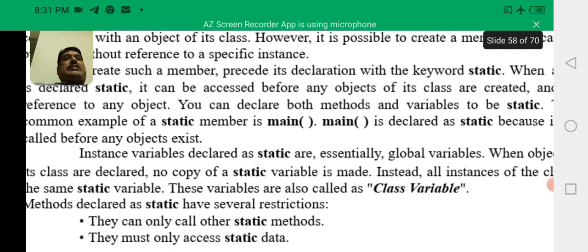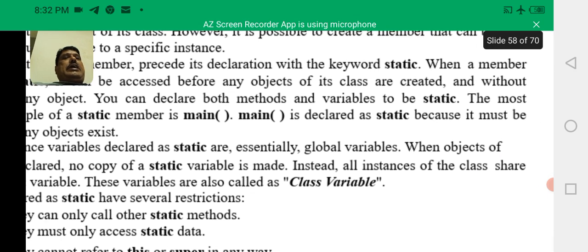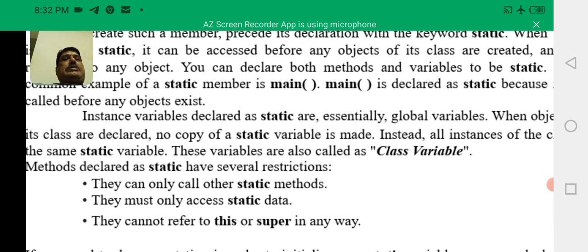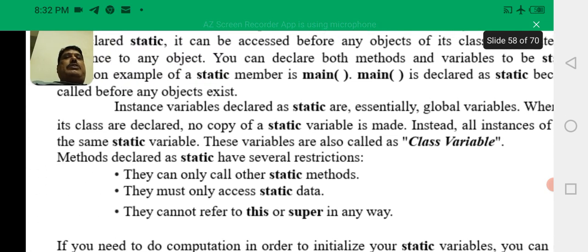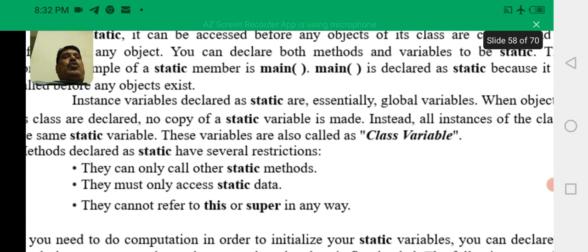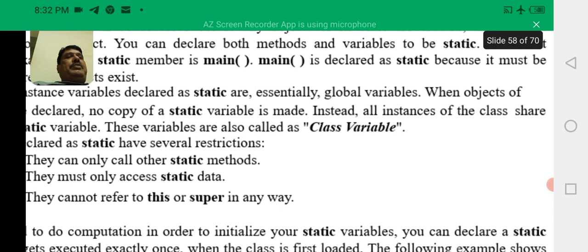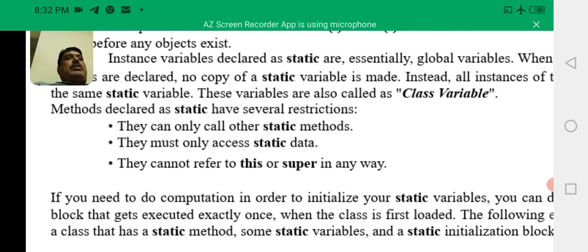The most common example of a static member is main. Main is declared as static because it must be called before any objects exist. Instance variables declared as static are essentially global variables. When objects of its class are declared, no copy of the static variable is made. Instead, all instances of the class share the same static variable. So these are also called class variables.